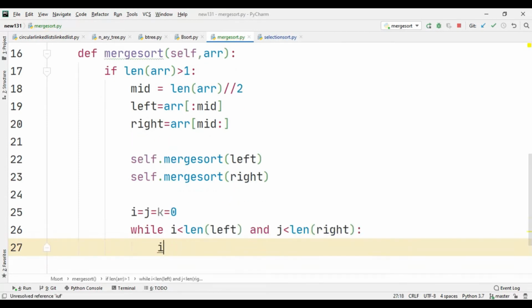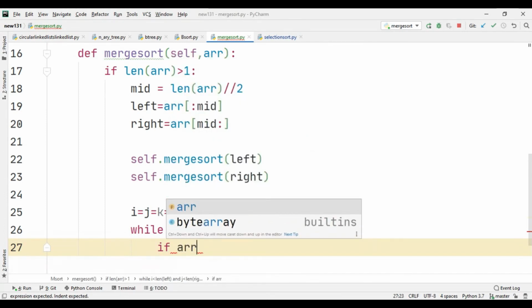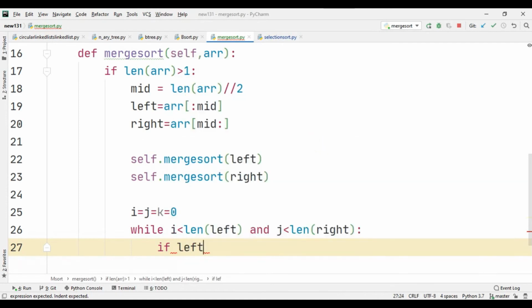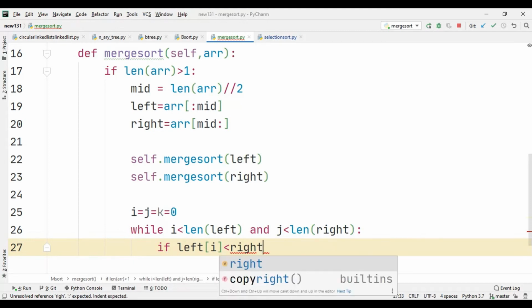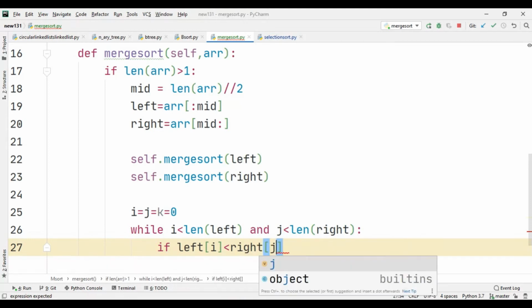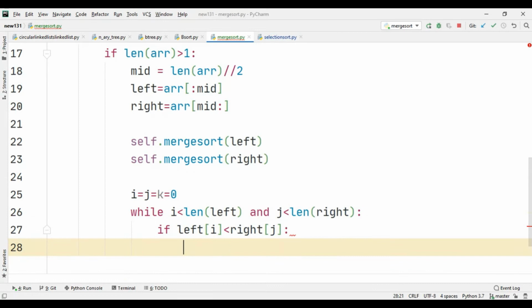Now if, sorry, not arr, left of i, the element at ith place of left is less than the element at jth place of right, then we will append